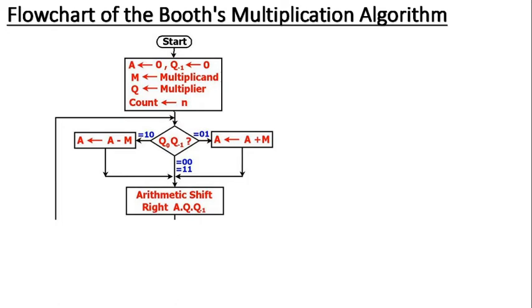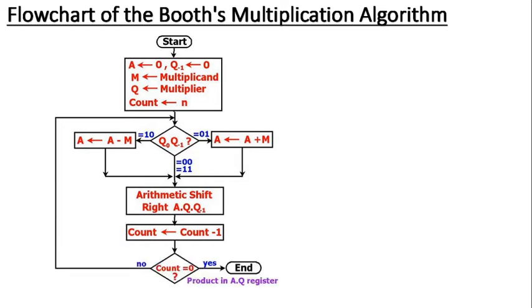And once that arithmetic shift right operation is performed on the AQ and Q minus 1, that corresponding intermediate data, then next the count will be reduced by 1. Count minus 1 copied to count. And then subsequently here is a decision box, whether the count has reached 0, which will be checked here at the bottom. And if the count is not equal to 0, no,